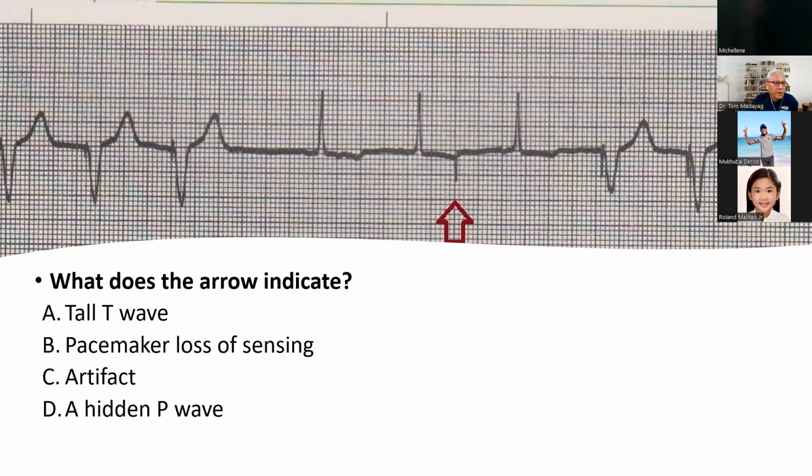The second problem that we have whenever we have a pacemaker is what is known as loss of sensing. Sensing is the capability of the pacemaker to determine and detect the presence of natural beats. So, like for example, what I'm pointing out over here,